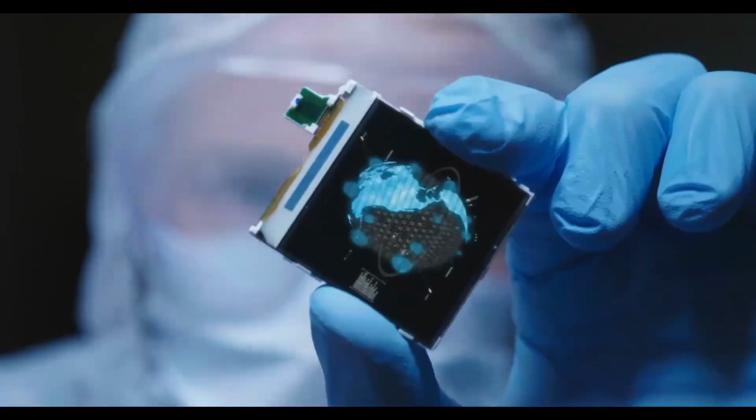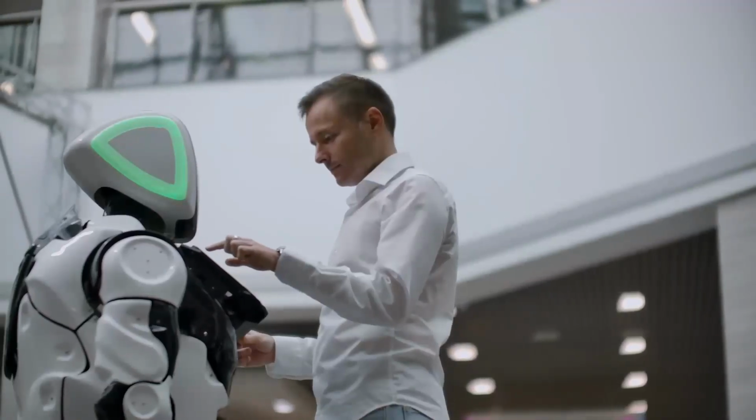In summary, the AMD Ryzen 7 9800X3D is a stellar choice for gaming enthusiasts. Its advanced architecture, high